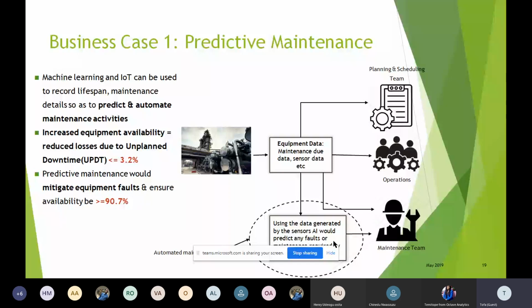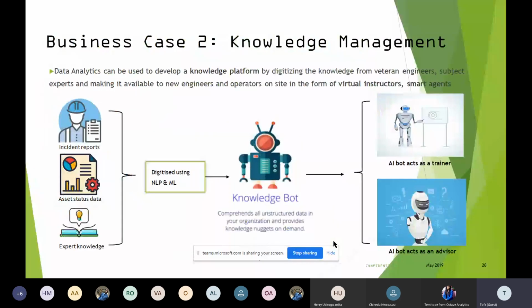So, knowledge management. A lot of data. When the concept of big data came out, it was already big in the oil and gas industry. Petabytes of data is what we are dealing with in our daily operations. So if you can come up with systems that will help both to manage that data and to process that data to extract insights, it's a good use case and potential application.